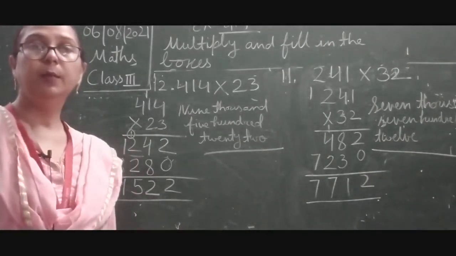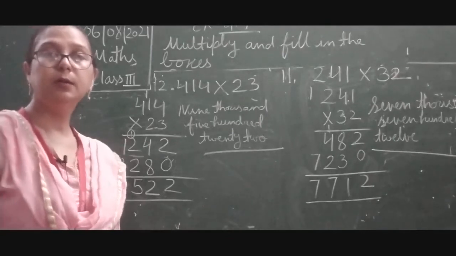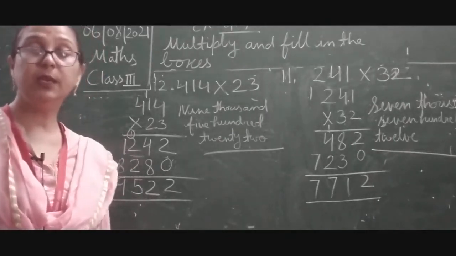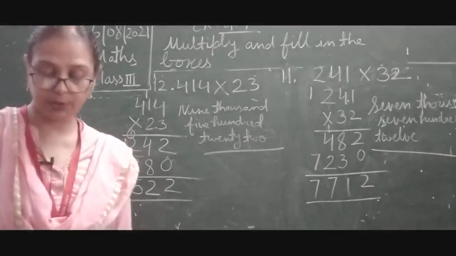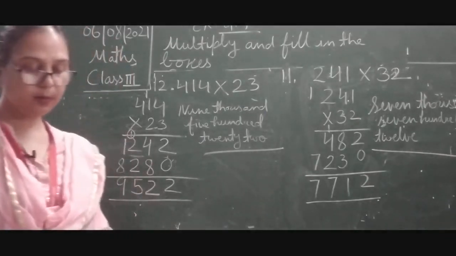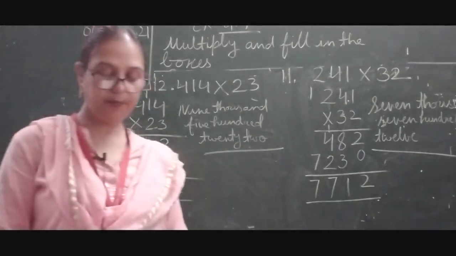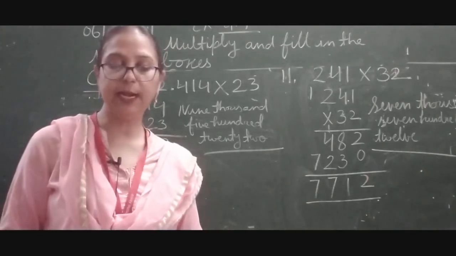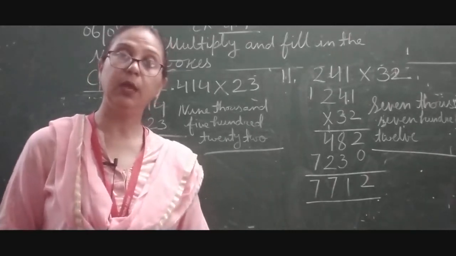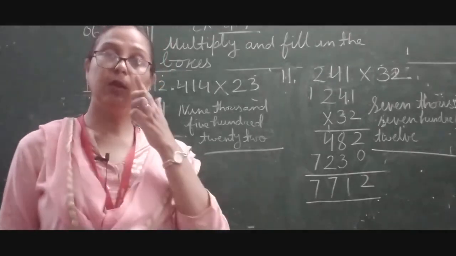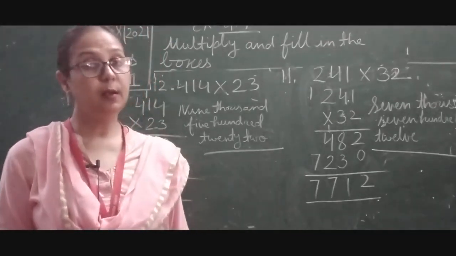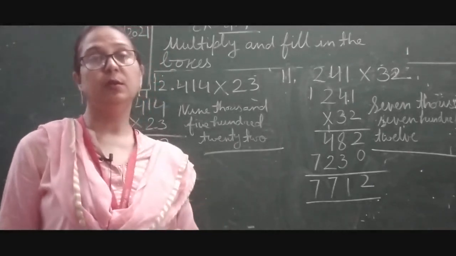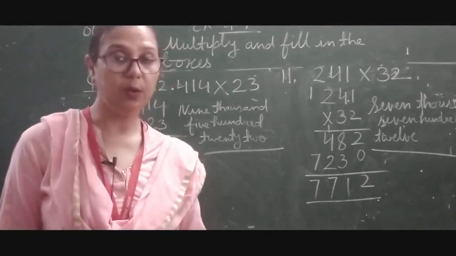Okay, because these are the very important chapters of multiplication, or you can say these are the exercise, very important exercise of multiplication. Tomorrow we will do, children, 13, 14 and 15, and after that we will learn multiplication using lattice algorithm. Okay, the standard algorithm we have already done. So we will learn how to do multiplication on the basis of lattice algorithm.